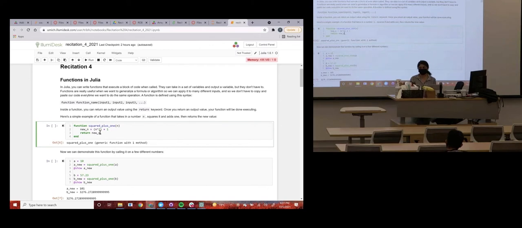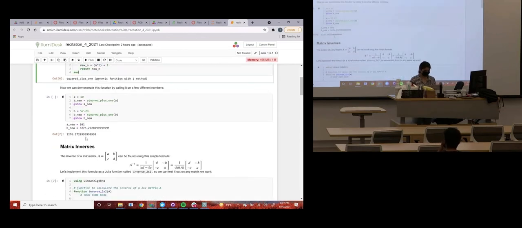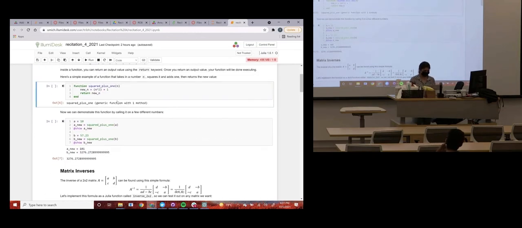If it doesn't return anything and you try to say a is equal to square plus 1 of 10, it's going to return an error, right? And then the end statement tells us that the function block is over. So we write that,